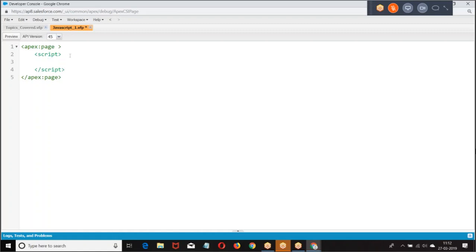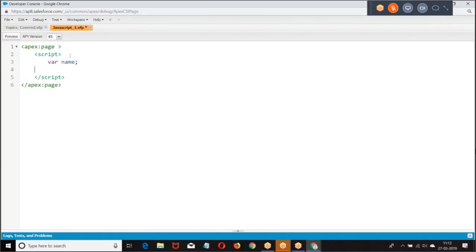Generally, if you want to learn any Apex programming, we have seen variables, data types, then statements, then functions, then classes. Am I right? In the same way, when you want to learn JavaScript, you are supposed to start with variables. Here in JavaScript, every variable is defined as var. No specific data type. We define it as var.